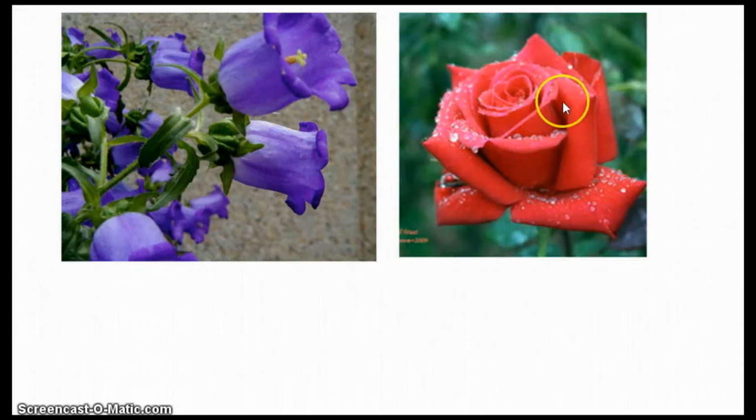Here in the case of rose, you can count the number of petals, and you can also see that all the petals are separate. Here these petals are joined together. The sepals are separate, but the petals are joined together. Here the sepals and petals both are separate. The sepals are not visible here, but you can observe a rose plant.